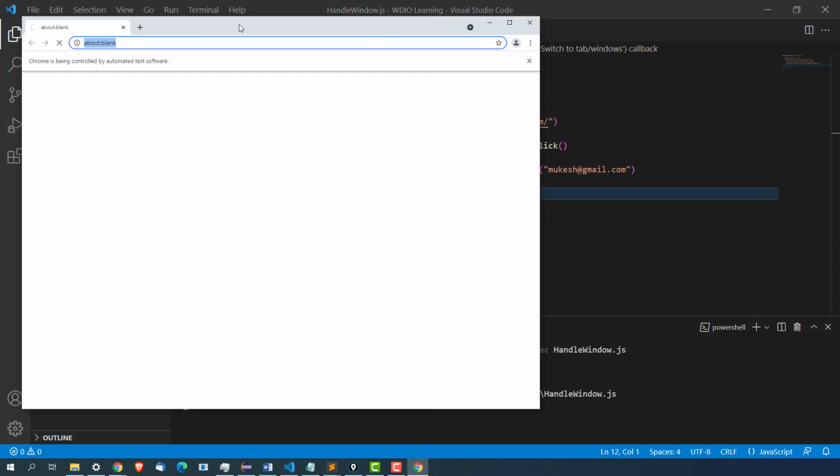So you can see now the session started. It will launch Orange HRM first, then it will click on that LinkedIn button, which will open a new tab. Okay, and you can see it clicked and it opened a new tab.